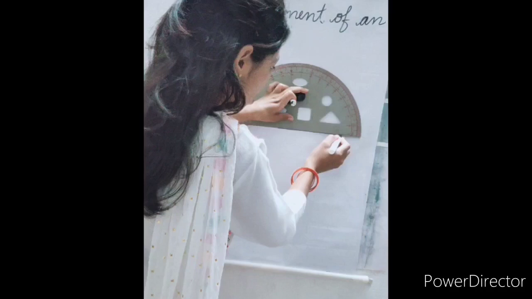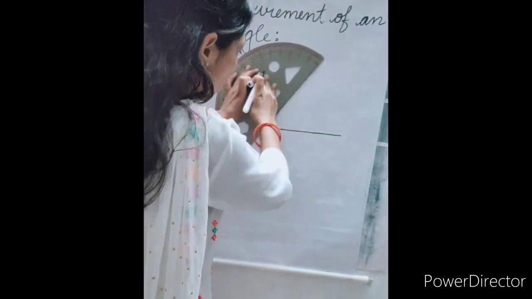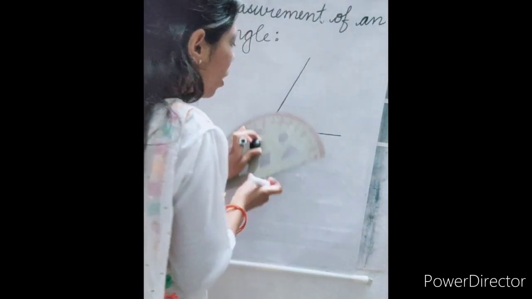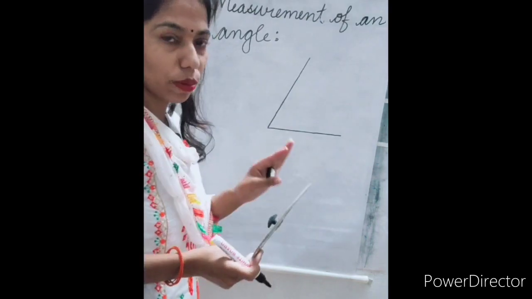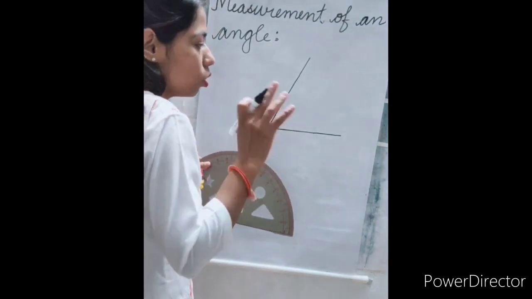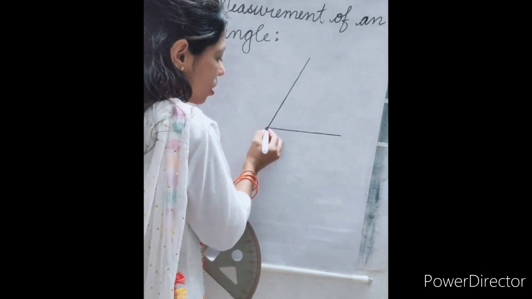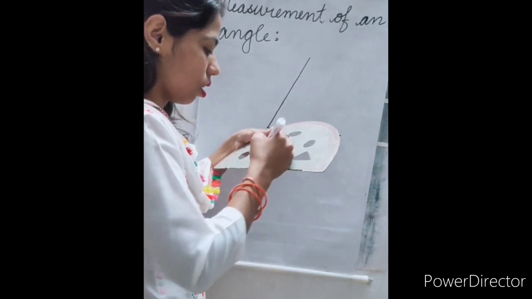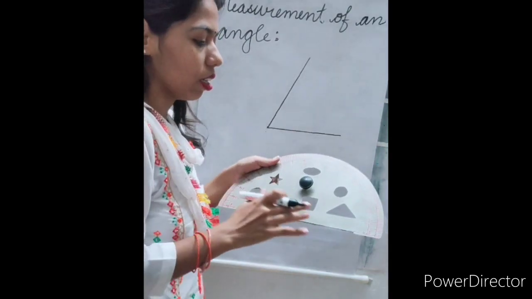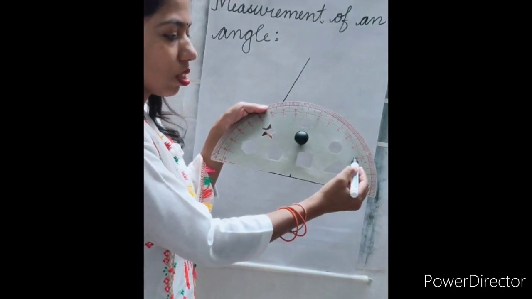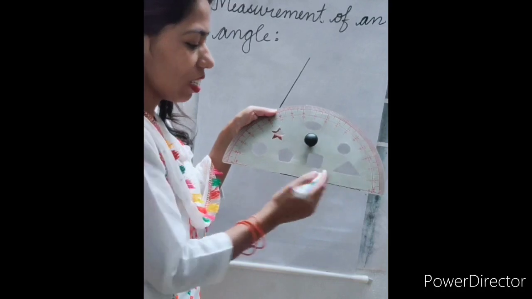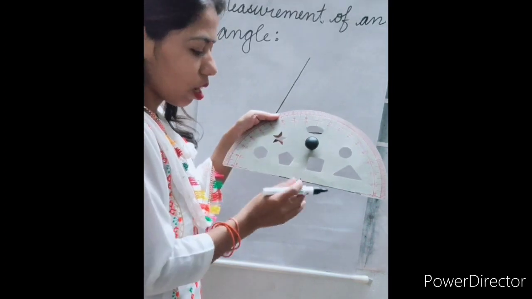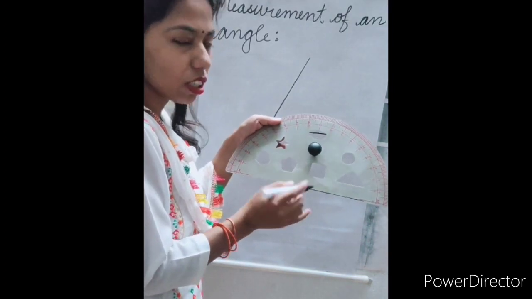Let's take a line segment, this. Now we have two arms of an angle and we don't know the measurement, the degree of this angle. So how will we measure it? Here you can see the meeting point, or the vertex of this angle. Here you cannot see it, but in your protractor all these degree lines will come and meet at this point, that is of 90 degrees.